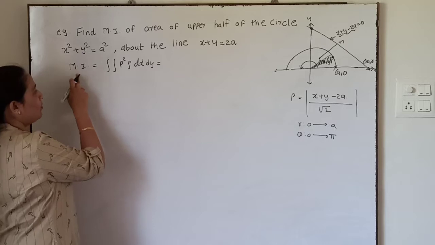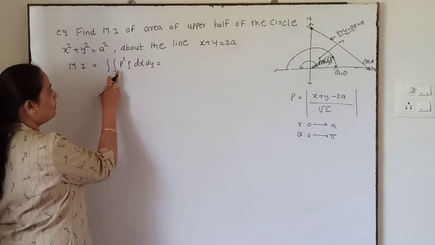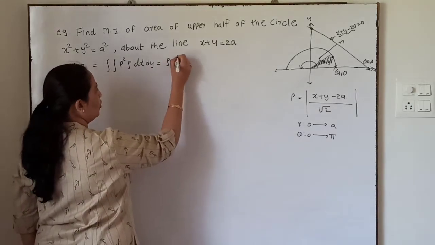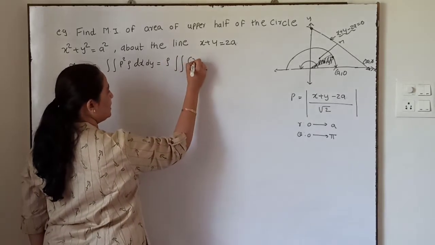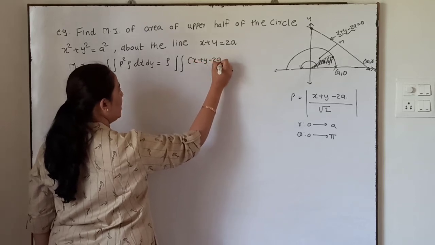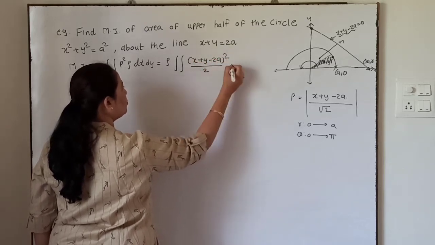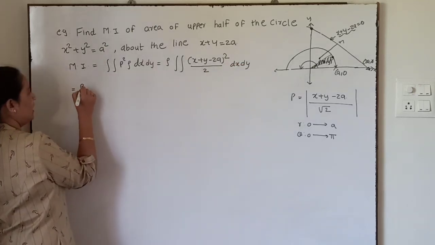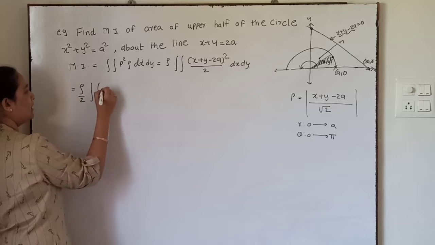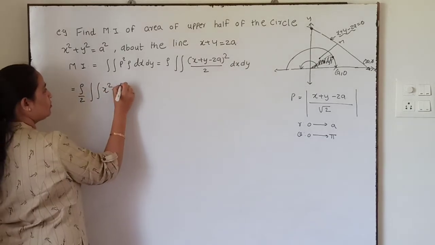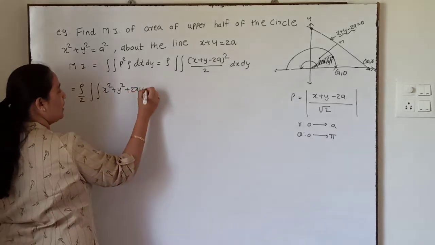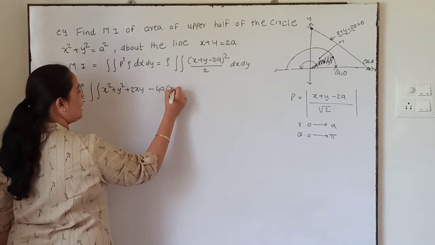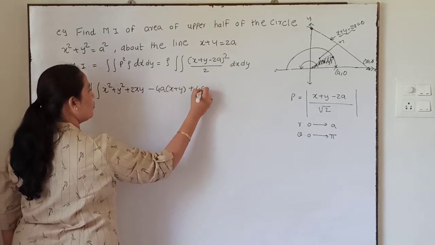We know the formula: moment of inertia is equal to the double integral of p square rho dx dy. If I substitute the value, rho I will take outside. P square means (x plus y minus 2a) whole square upon 2 into dx dy. Squaring, it is rho by 2 double integral of x square plus y square plus 2xy minus 4a in bracket x plus y plus 4a square